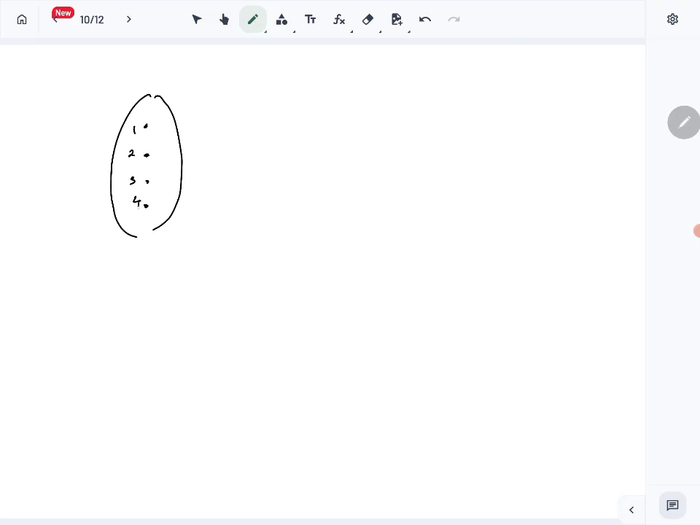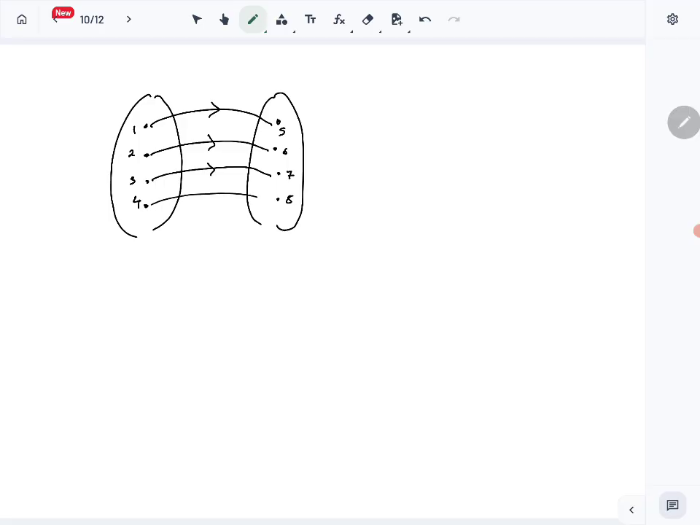So I'm going to draw the same examples from the last page. So this was what? The onto and one-to-one function. This is one-to-one and onto, right? Then the other one is what? The other one was